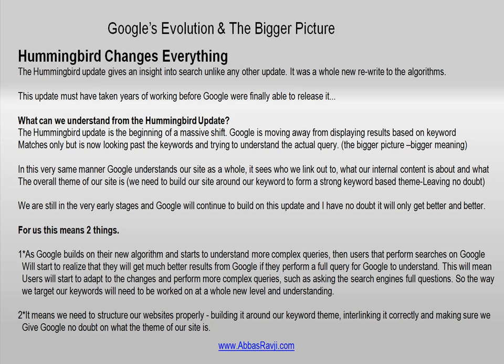Now, obviously, that's a pretty lame example that I'm giving there, guys, because I haven't actually thought of any examples, but I'm just trying to better explain the actual theory behind this, so that it sticks with us and we can get a better understanding of this. So the way we target our keywords will need to be worked on at a whole new level and at a whole new understanding. The second point from this, guys, is it means we need to structure our websites properly,